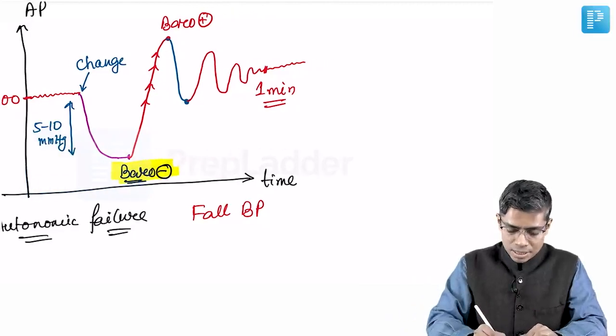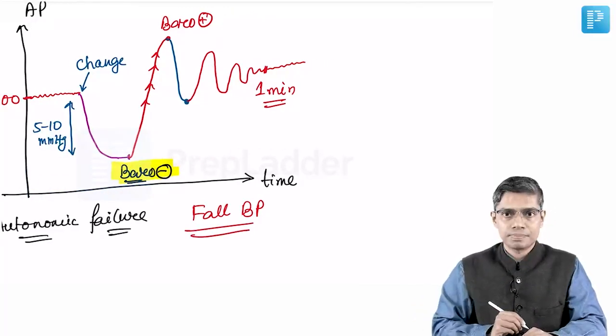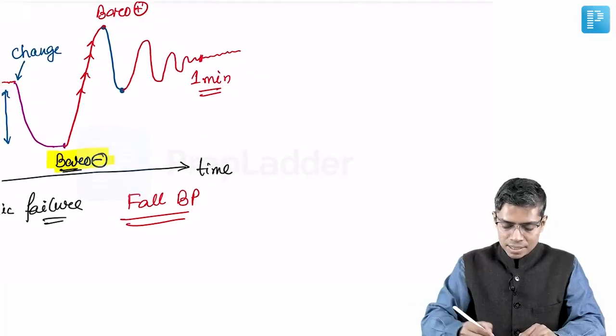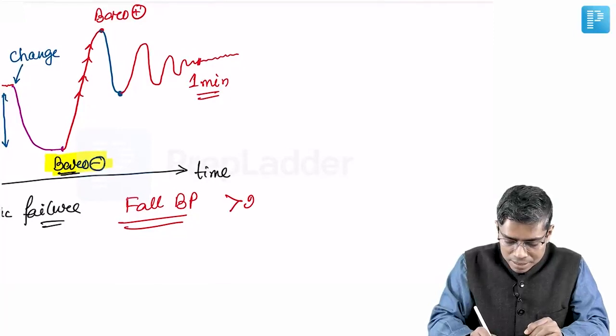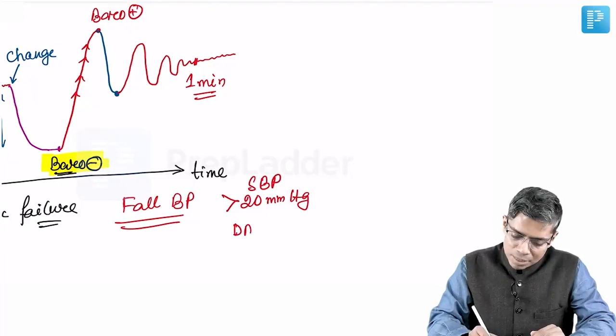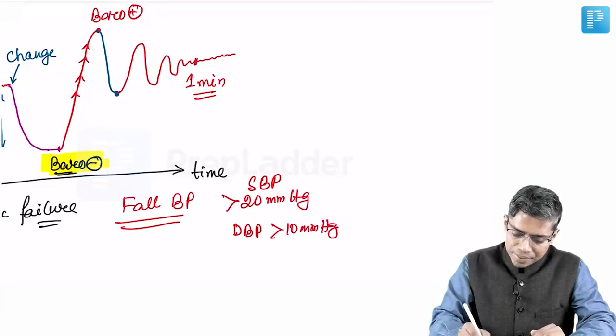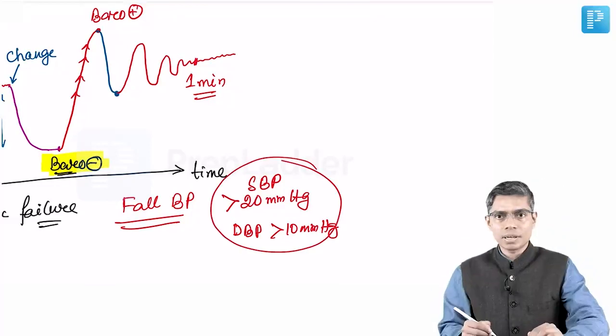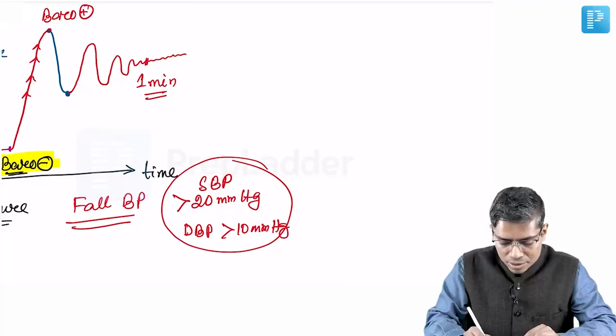By definition, if the fall of blood pressure from supine to standing is greater than 20 millimeter of mercury for systolic blood pressure, or diastolic blood pressure is falling greater than 10 millimeter of mercury, if this much fall is occurring within 3 minutes of standing,